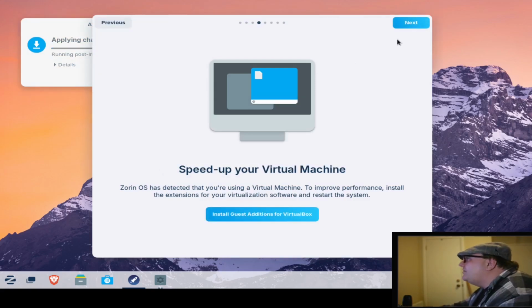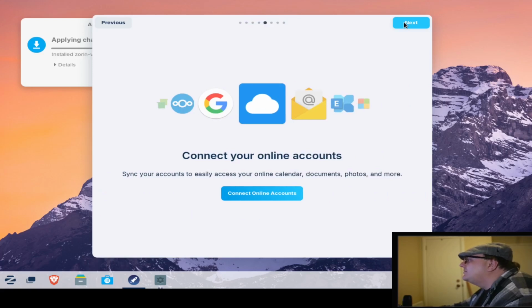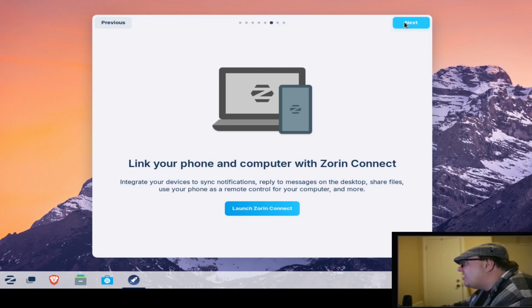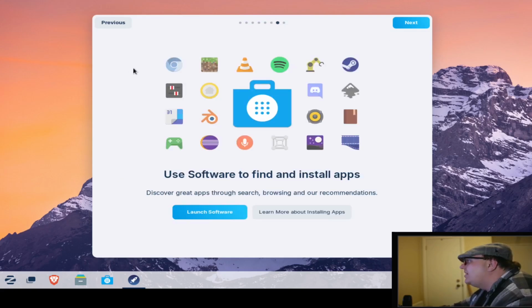That's installing now. So let's see what the next screen, the welcome screen, shows us. Lets you connect your online accounts, pretty standard. That's a pretty cool feature that I might have to give a try sometime. I know that there's a similar feature in KDE that I've used called KDE Connect, and that's pretty cool. So I wonder if this is actually similar to that. Yes. And this takes us to actually what is one of the big selling features of Zorin, is that